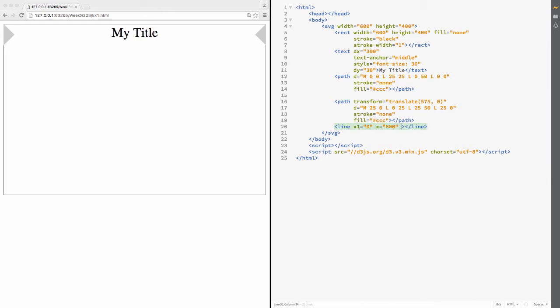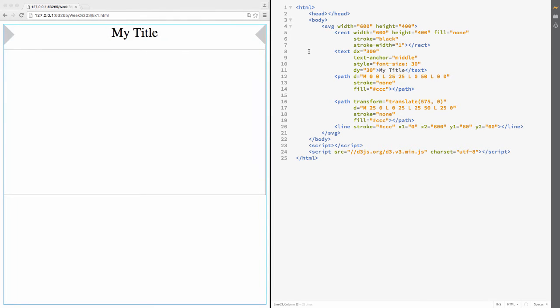And then I want my y1 to be 60 and my y2 to be 60 as well. And of course I need stroke, so I will make it gray. I missed here. Okay, now I have my stroke